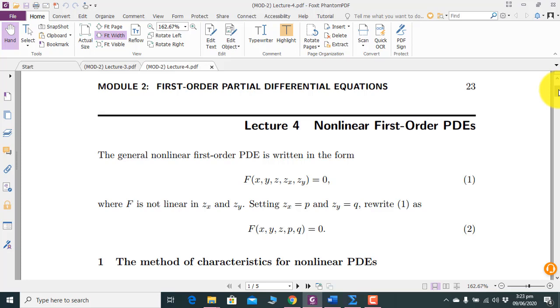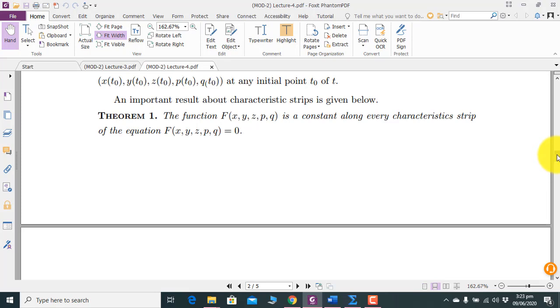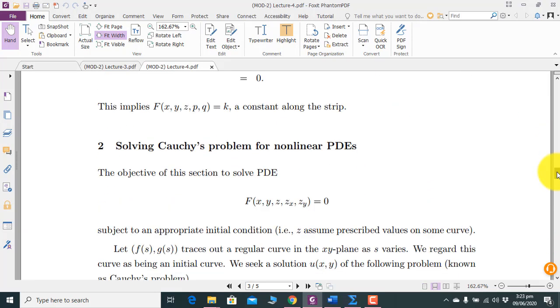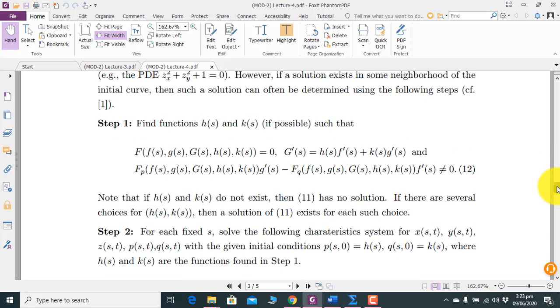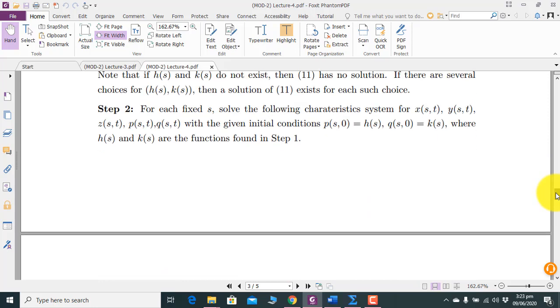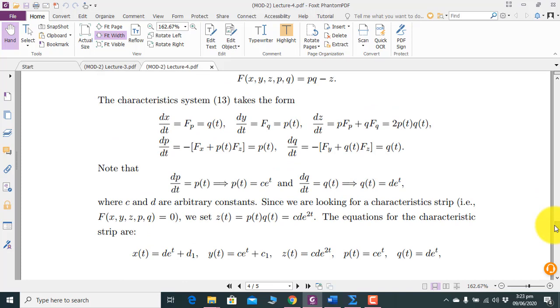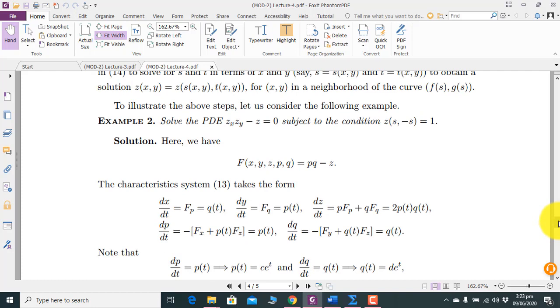In today's lecture we will try to implement the method of characteristics which we had studied for non-linear first order partial differential equations in the previous lecture. We will implement that methodology on some examples and problems, and also study the method of characteristics for non-linear partial differential equations having initial value problems. But before that, let's solve one or two examples to find the solution of a non-linear first order partial differential equation by the method of characteristics.